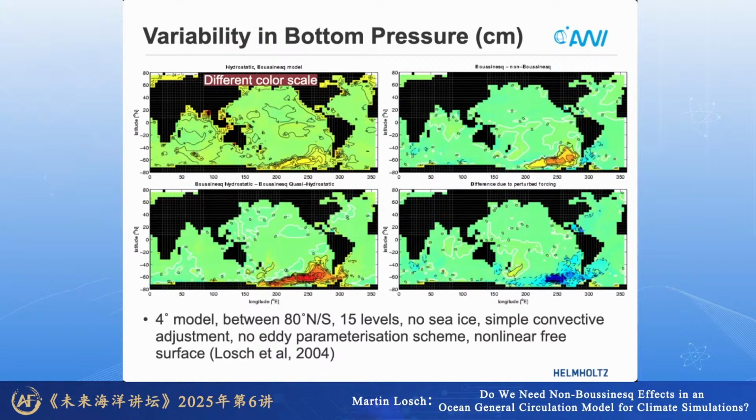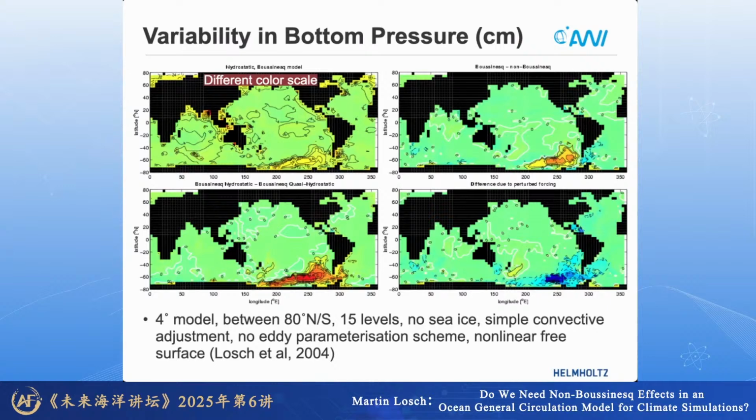And my favorite plot is the one on the bottom right. This is the difference between two runs. Now, the differences have a different sign, but that really doesn't matter. You could just change the sign. In one run I use my surface forcing, and in the other I perturb the surface forcing at the last digit of a double precision field. So I basically added noise to the forcing fields, and this noise is there to simulate the effect of numerical truncation